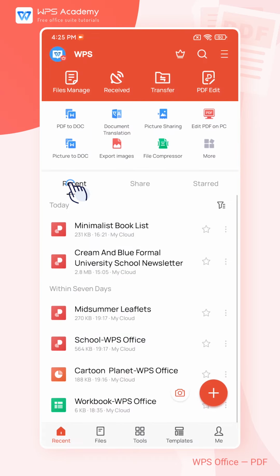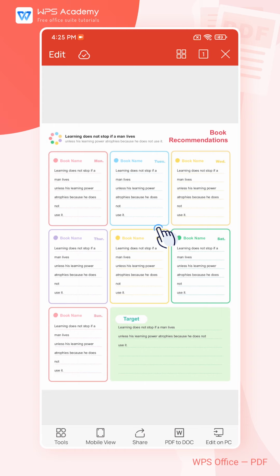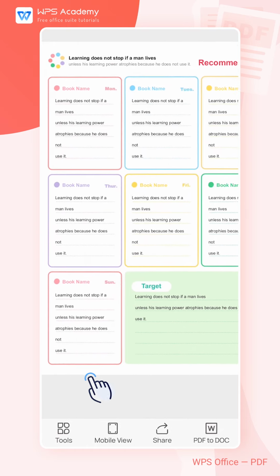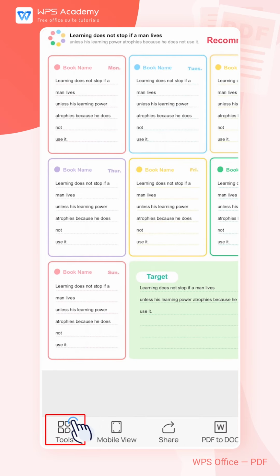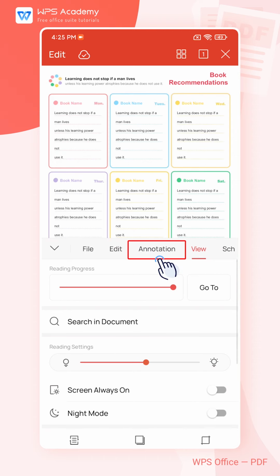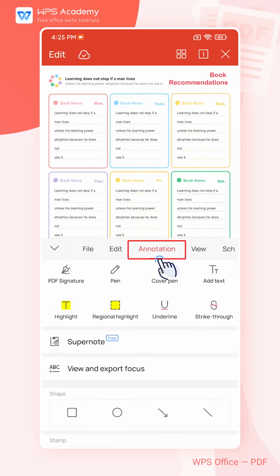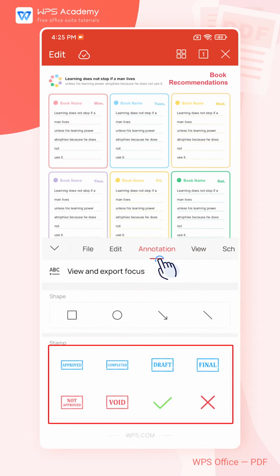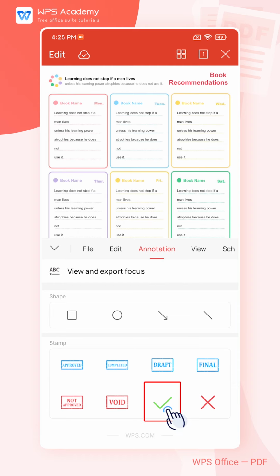When reading documents like contracts, proposals, and reports, we can insert stamps to leave our review comments. Click Tool. Go to the Annotation tab and choose Stamp. Here we can choose from the 8 default styles. For example, we can insert tick